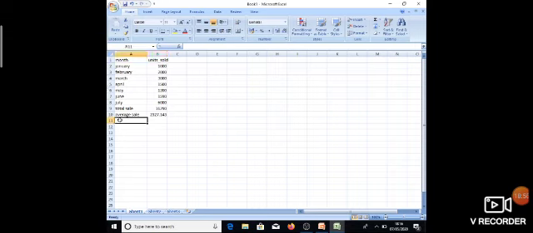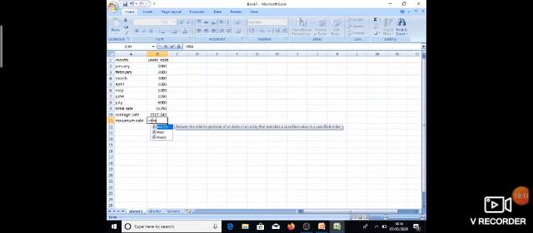And if you want to find out the maximum sale, you have to write the function. So if you want to find the maximum sale, our function is max. Okay, max, and again provide the cell range, B2 to B8.